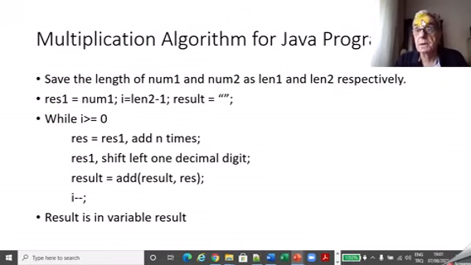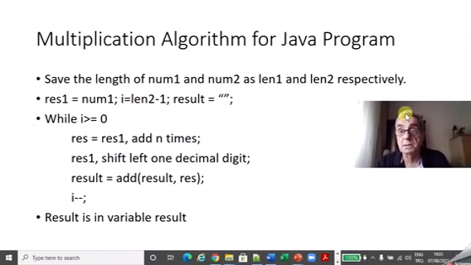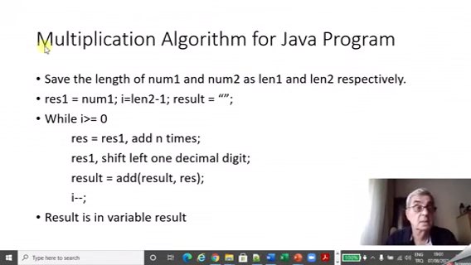Now let's get to this multiplication algorithm for the Java program. Save the length of number 1 and number 2 as n1 and n2 respectively. And then, while we are multiplying with the second number, we are going to get that digit i, and we are going to add